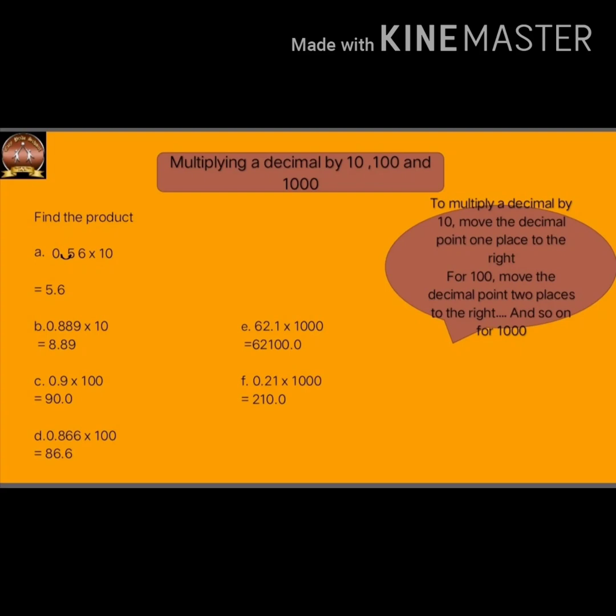Now the last example, let us take F, 0.21 into 1000. I have to shift my decimal point to the right 3 times because I have 3 zeros in my 1000. So